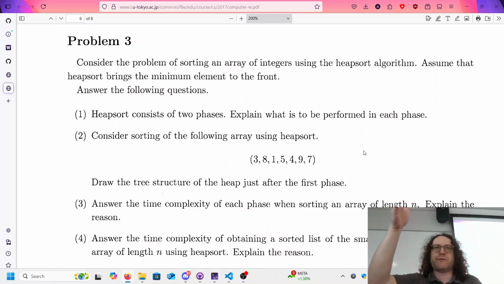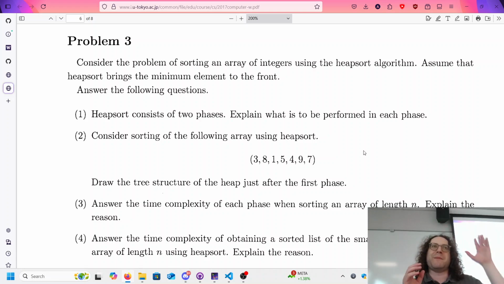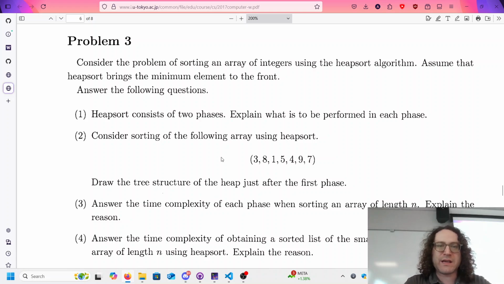We bring that to the front, reheapify, which takes log n time, and then we continue for the n minus 1th smallest element, then the n minus 2, the n minus 3, and so on and so forth. But basically, the biggest item will go to the back, and the second biggest item will go to the back, third biggest item, right? So considering so here's our array of heap sort,